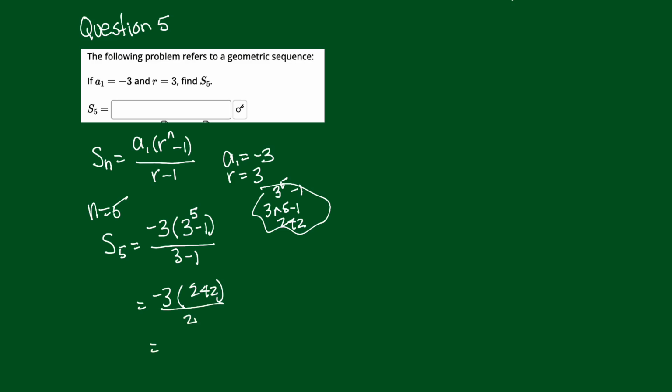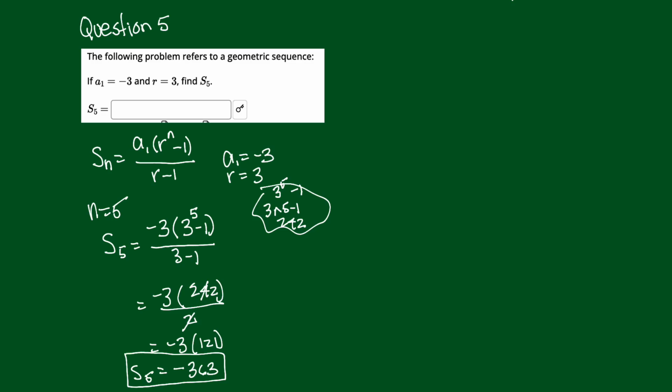Now, here's what I see right away. 2 will go into 242 121 times. Negative 3 times 121, and I can actually do that one. How about negative 363? Right, that is the sum of the first 5 terms